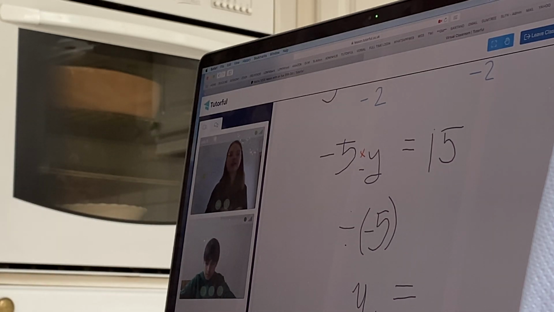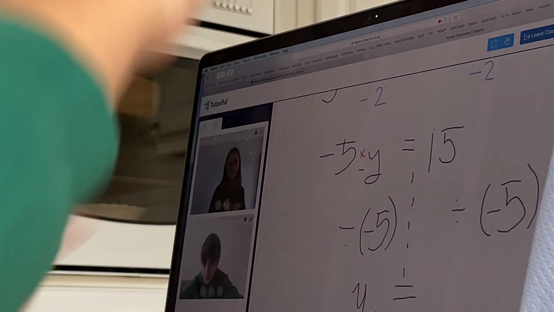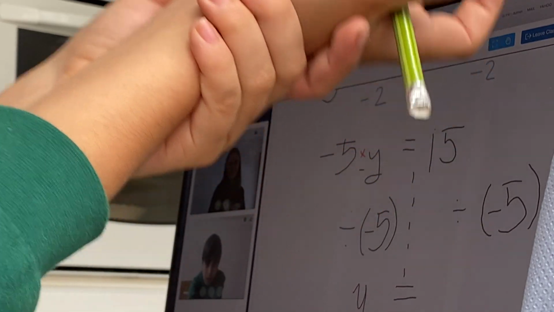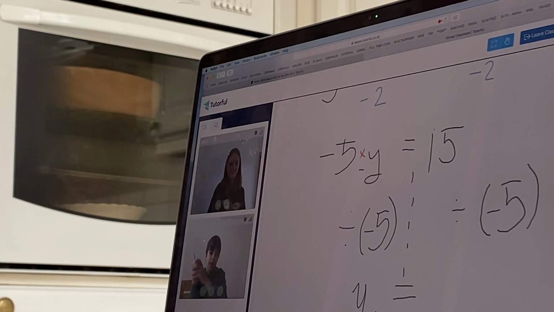So what's going on on the other side? We need to make sure we're doing the same step on the other side. On this step, we decided we're going to divide by -5, so it's divide by -5 on the other side as well. So we've got 15 at the moment. Divide 15 by